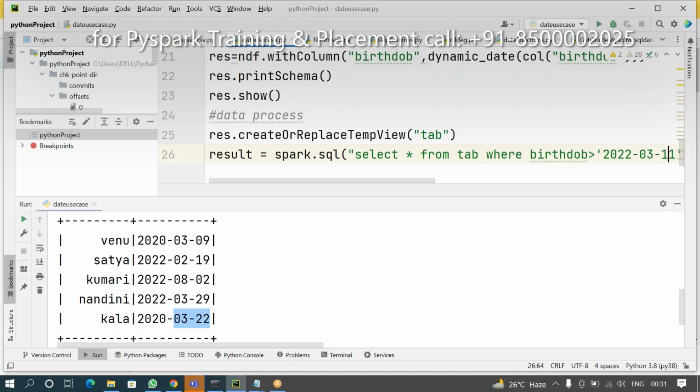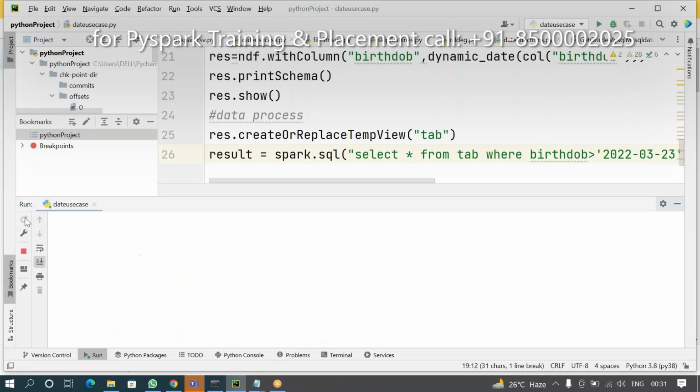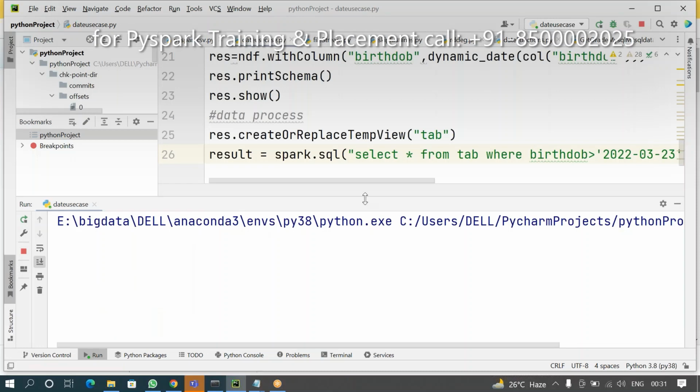Okay, so at the time, March 23, automatically I will get only these two. Okay, if you want, please run. Kumari and Nandini only. Now this is called data processing.